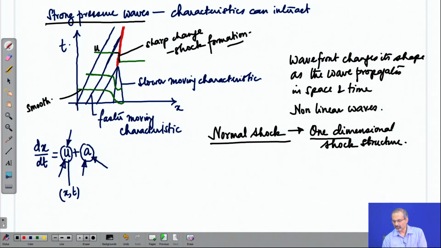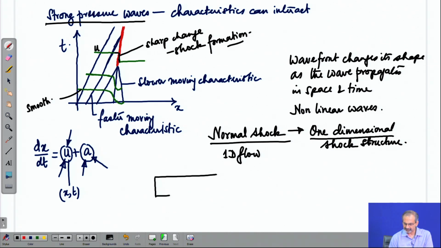Thereby, we are talking about a one dimensional flow associated with normal shock. So, the flow across a normal shock is basically one dimensional. Where can normal shocks occur? If we try to answer that question,